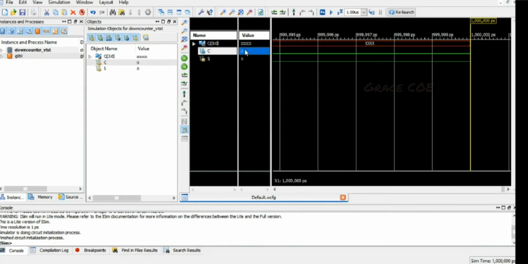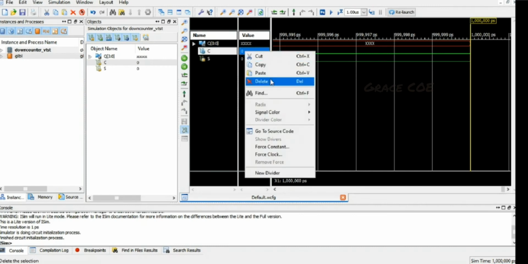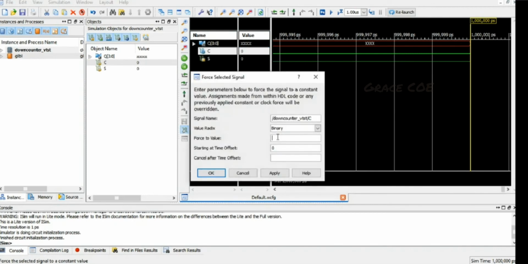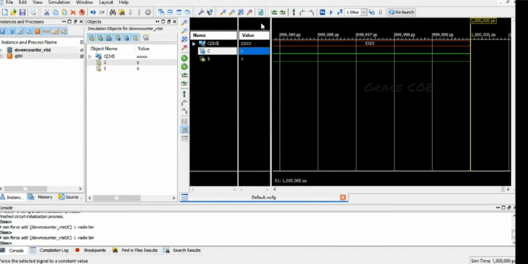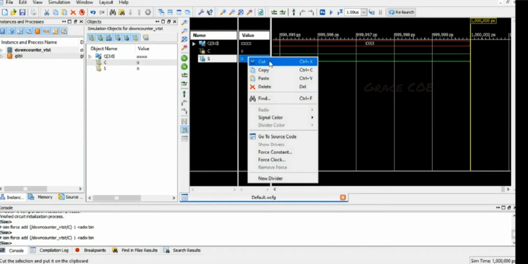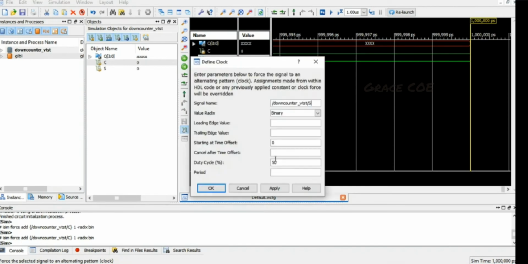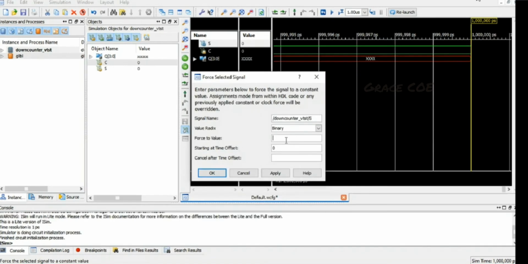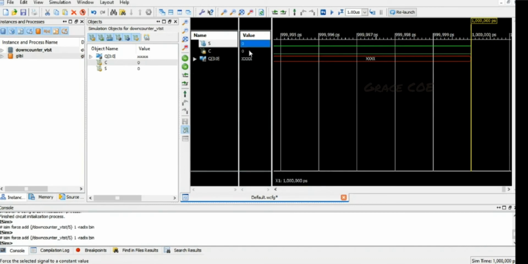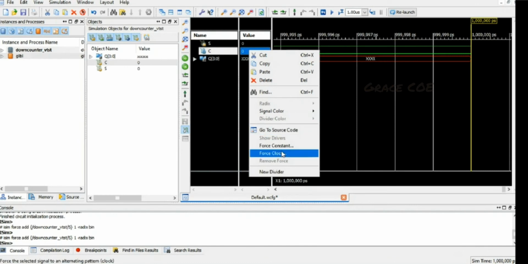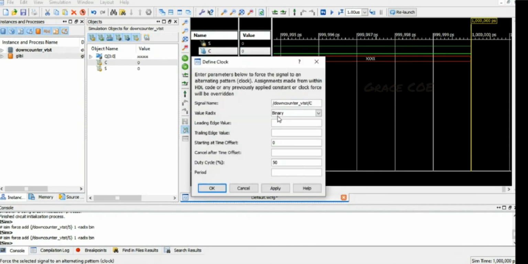As we have already done for the up counter, for the down counter also we'll force the constant for the clear signal first. We are giving it 1. Then this is the clock. We are forcing the clock value.